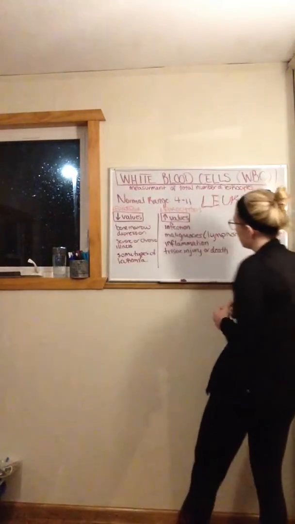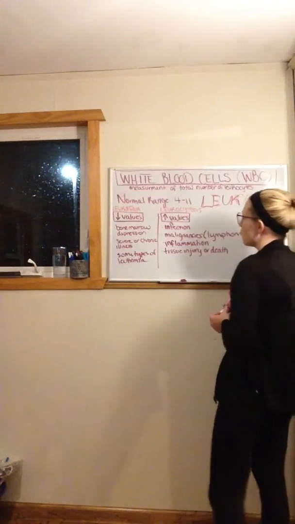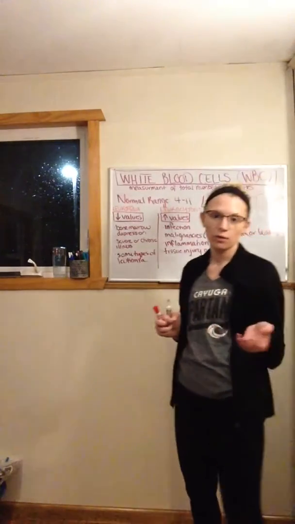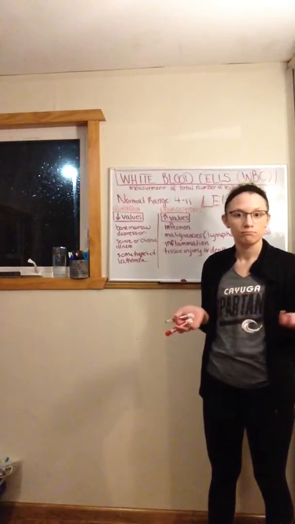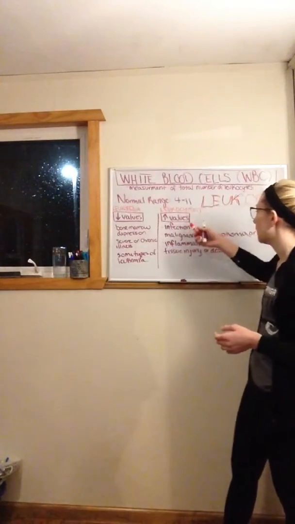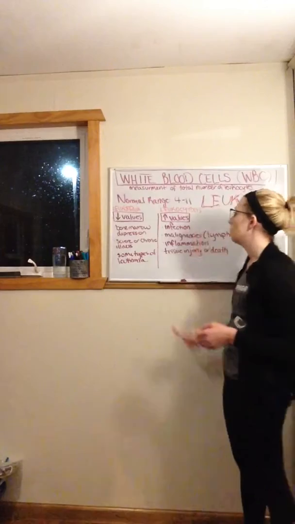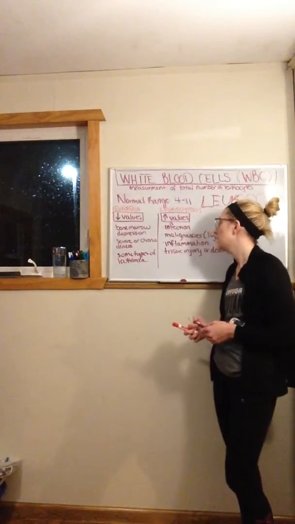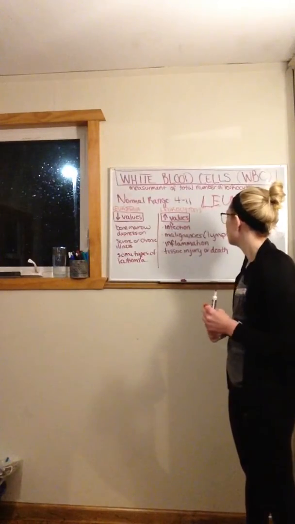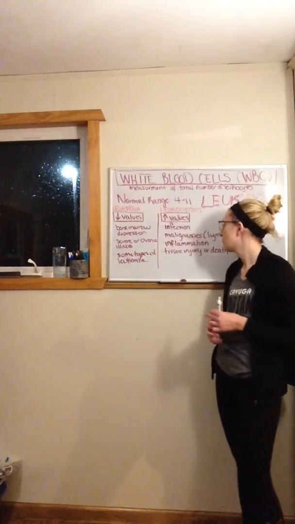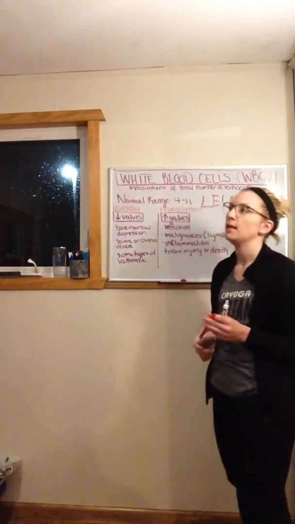Starts with leuk. Okay. So if a patient has, for example, pneumonia, that's a perfect example of an infection where your white blood cell count might go up, okay? Inflammation. All right, something like